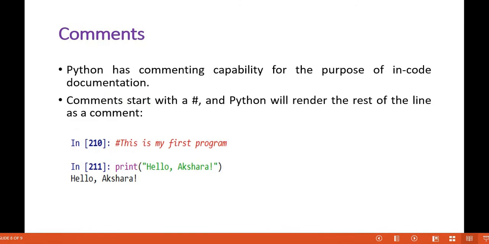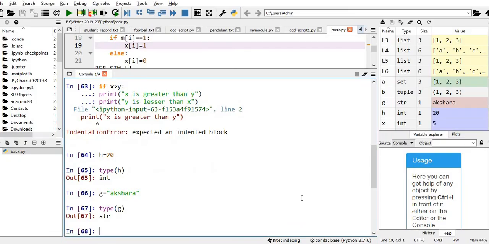Then comments. So I'm just writing a lengthy program. It contains various blocks. I don't want certain lines to be executed.